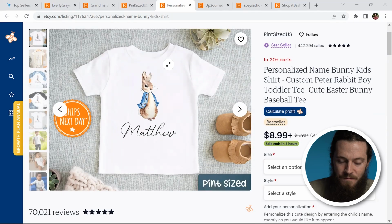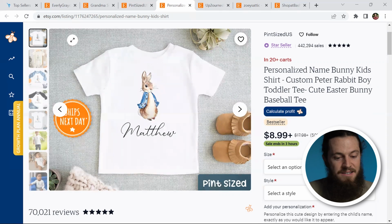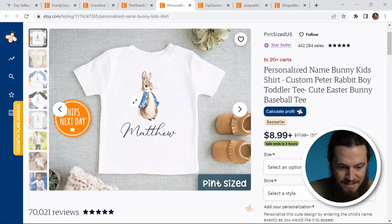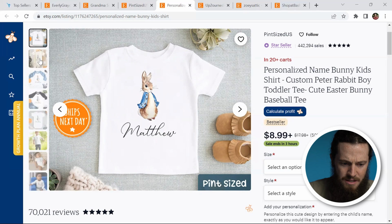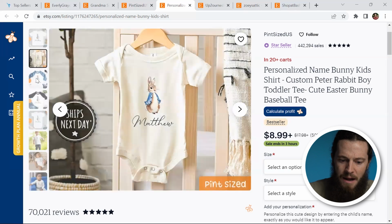She has really nice mock-up photos, and the focus is on the design. It's not too busy, and it's very easy to see the design, and it looks like she's also offering multiple products in her listings. So she has her t-shirts, you can also buy her onesie, her raglan shirts, and that's